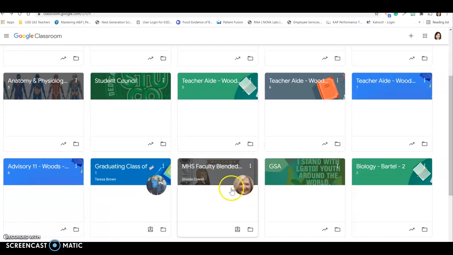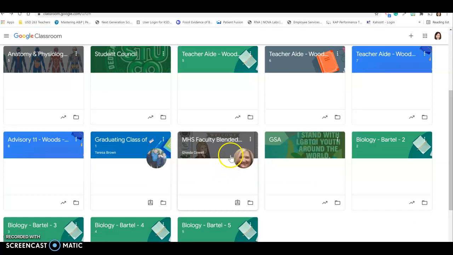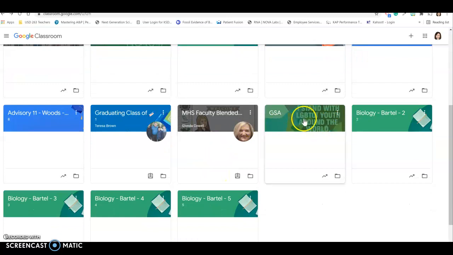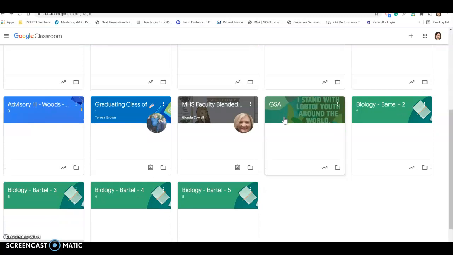Our principal, Mrs. Cowell, has a blended faculty Google Classroom for teachers that we honestly used last year when we went hybrid for COVID, and I kind of wish she would delete that so that wouldn't show up in my feed anymore. I'm also a sponsor of GSA, which is our Gender Sexuality Alliance kids,